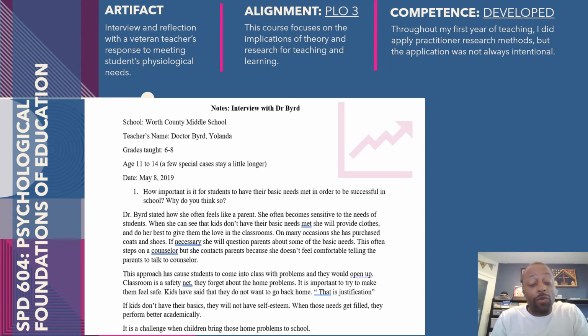The next class that we'll be going over is Psychological Foundations of Education. In this class, students go over the physiological needs of students and the psychological development of them as well. I felt like this aligned with PLO number three because PLO number three wants teachers to apply methods that you studied or that have been researched. You want to put that into practice. And this course goes over a lot of the research and gives you ideas on how to put that research